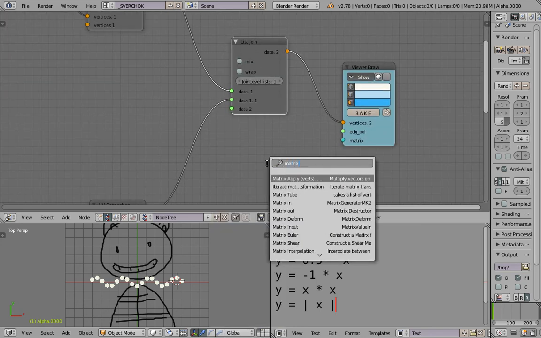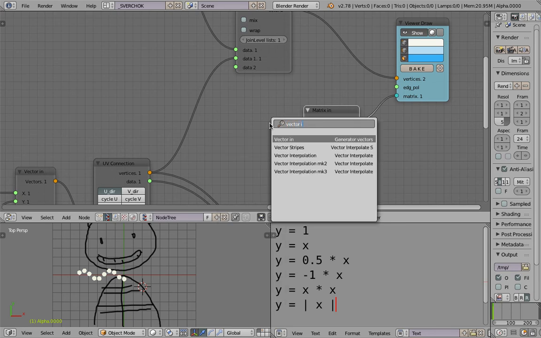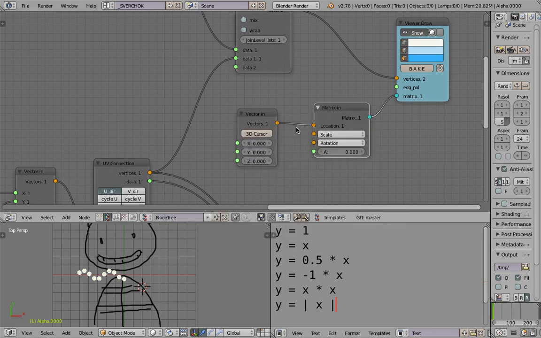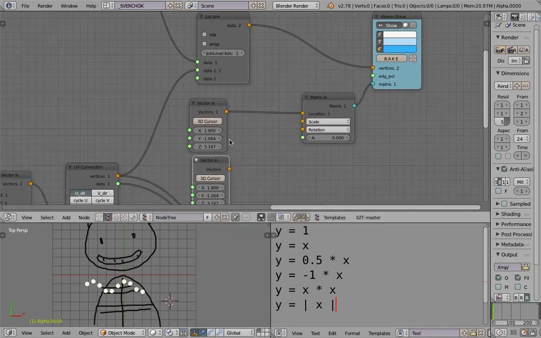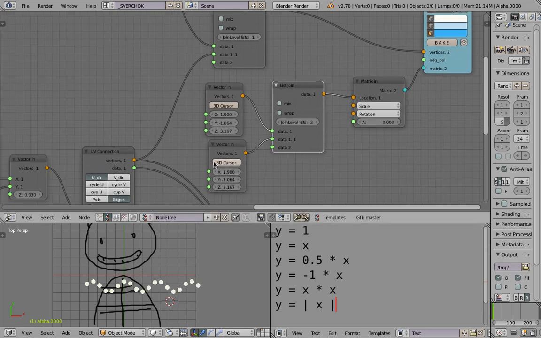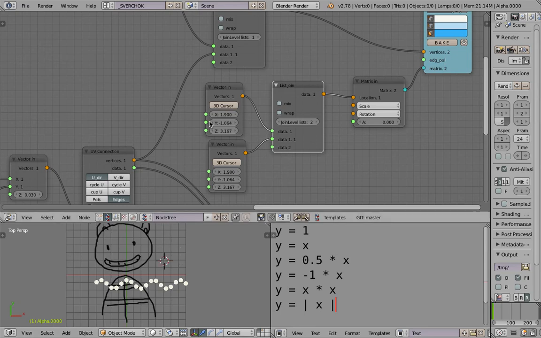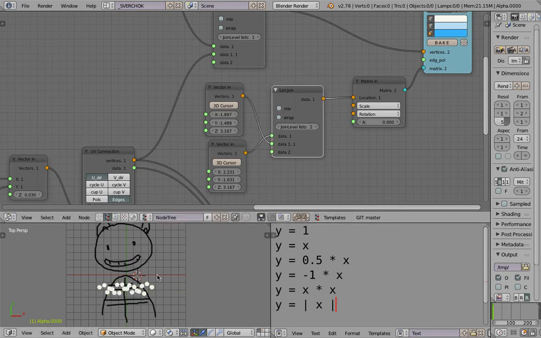Let me try the matrix in, and I want to put one arm right here at the location of the 3D cursor. So I'm going to use vector in based on 3D cursor, and I have another one, and I'm going to join this as well. So I'll try separating it for now. So that's the first one, that's the second one. Okay, the first one, that one, and that's the second one. So apparently I probably need to flip it. So the first one